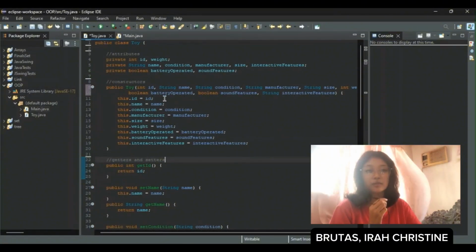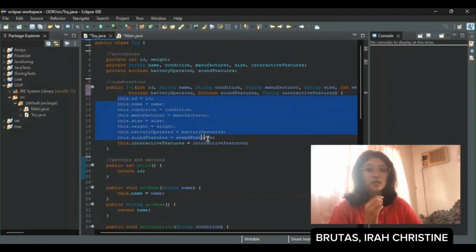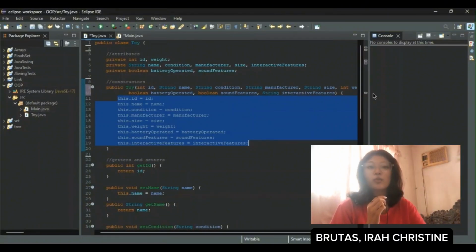It assigns the parameters to the instance variables using this, which refers to the current instance of the class. Another example is Toy teddyBear = new Toy(101, "Teddy Bear", "new", "toy", "medium", 500, true, false, "soft and cuddly"). That's an example of creating a toy object.